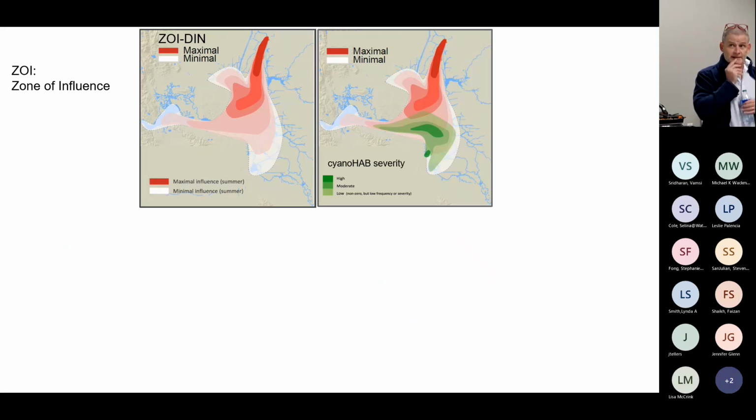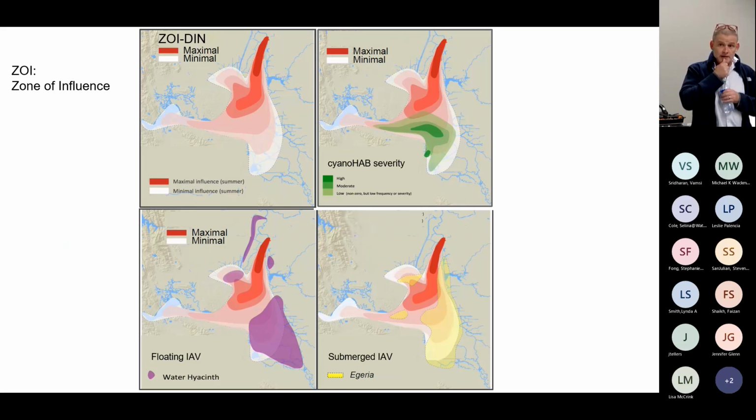And so something we need to think about then is these issues that we're concerned about in terms of impacts. In particular, for example, the severity of cyanoHABs. This is another really rough mock-up of where it's most intense, and this was nicely illustrated by ongoing data collection by Keith and Ellen today. This is a region in the southern delta or the interior delta where it's the most severe conditions related to HABs,